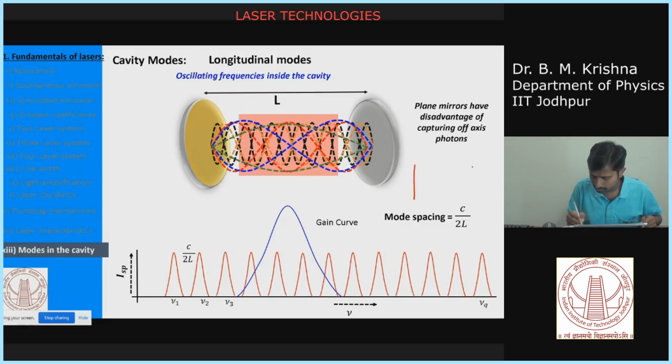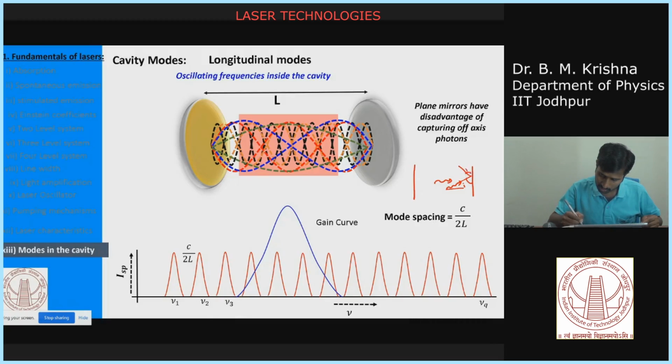The reason is, see, these are the plane mirrors. Now your photon is coming in this direction. This is perfectly in the axial direction, so it can reflect back in the same direction. Now if it goes at a small angle, a small deviation from your axial direction, what happens when it is incident on this mirror? It will reflect again, following Snell's law, so the angle of incidence equals the angle of reflection. This is your incident angle, so your reflection angle is the same.